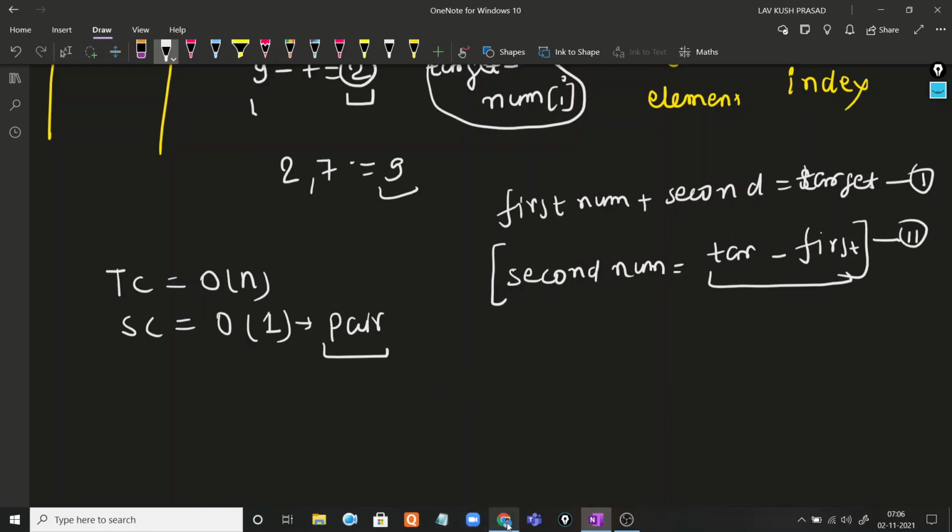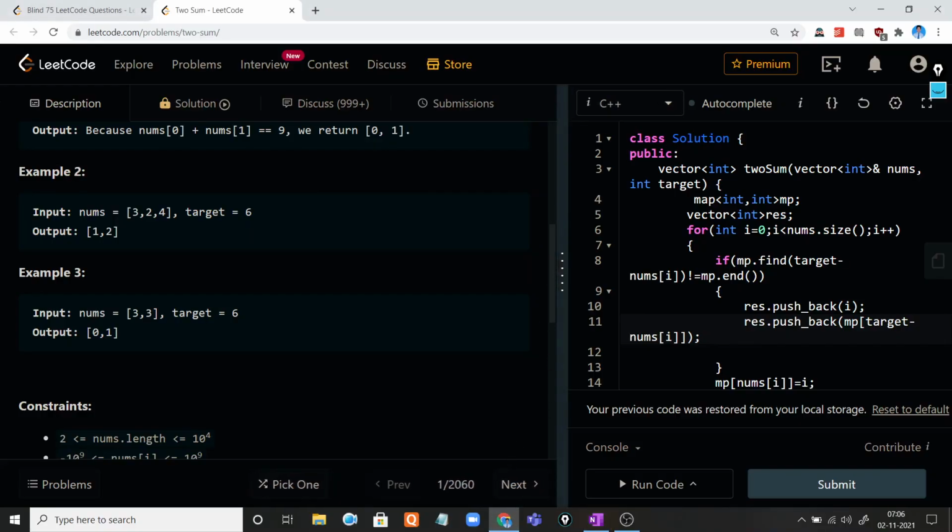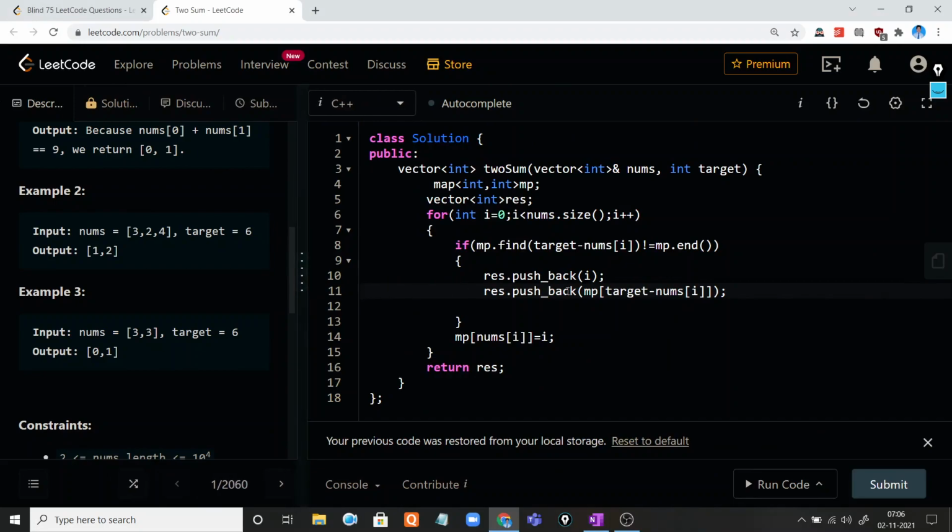Let's move to the code. So here is the simple code for this problem. We take a map here, and also take a vector to store the result, nothing else. And every time we check if target minus nums[i] is present in the map or not.